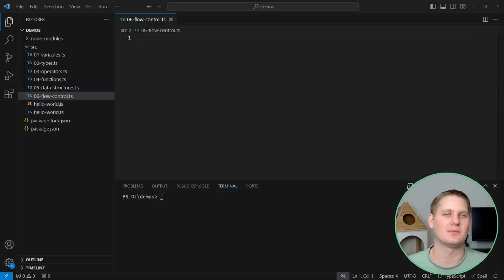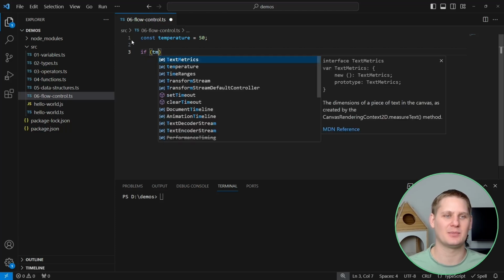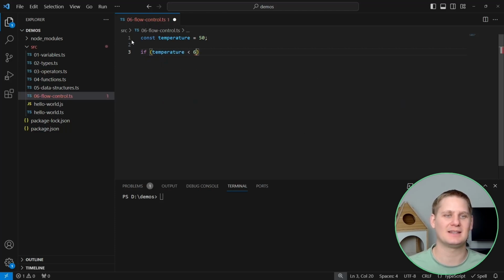Consider code which has temperature stored in a variable. You might want to do different things based on what that temperature is. To demonstrate this, we'll create a variable, const temperature, and we'll assign it a starting value. From here, we can create our condition. We'll say if temperature is less than 60, and in this case, we'll console.log,